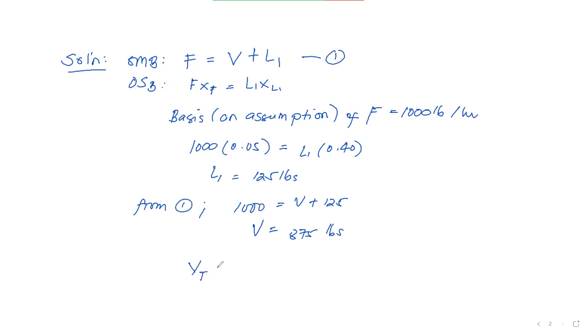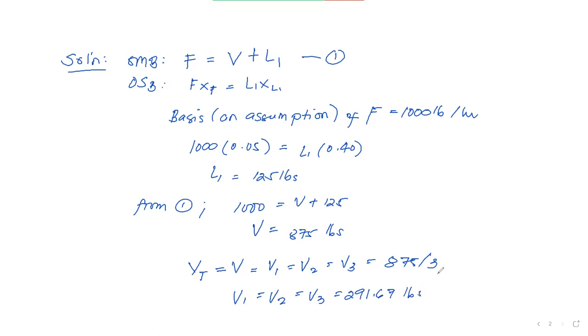Okay. Now, we go to the first assumption that we make with multiple effect evaporation: the total water evaporated, this one is the V that appears here in our overall material balance, has to be equal for all effects. So then it follows that we will have 875 divided by 3. So your V1, your V2, and your V3 will be 291.67 pounds. So that's the water evaporated for each of your effects.